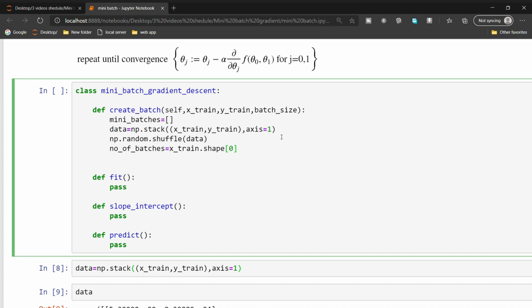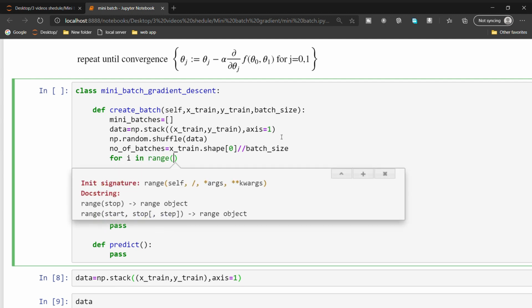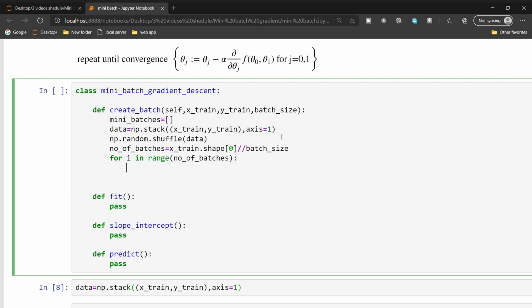We need to divide it by batch size. And the next thing is we open a for loop, for i in range number of batches.